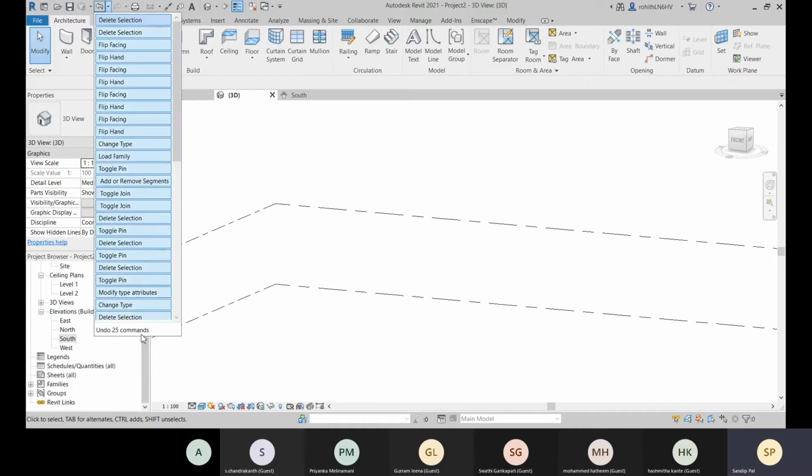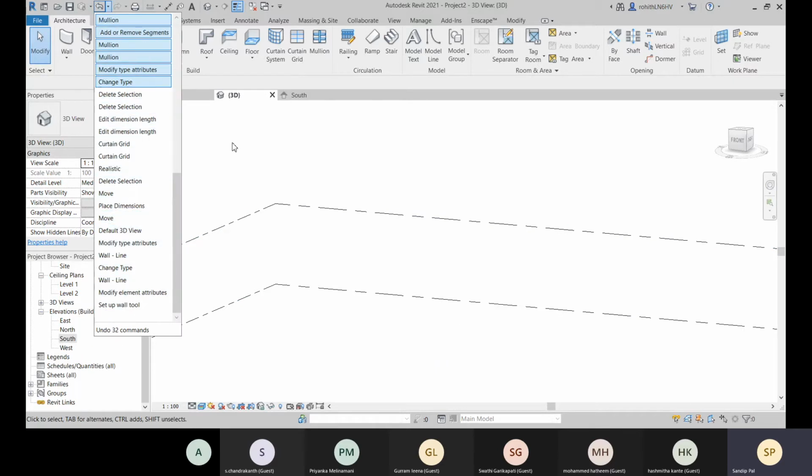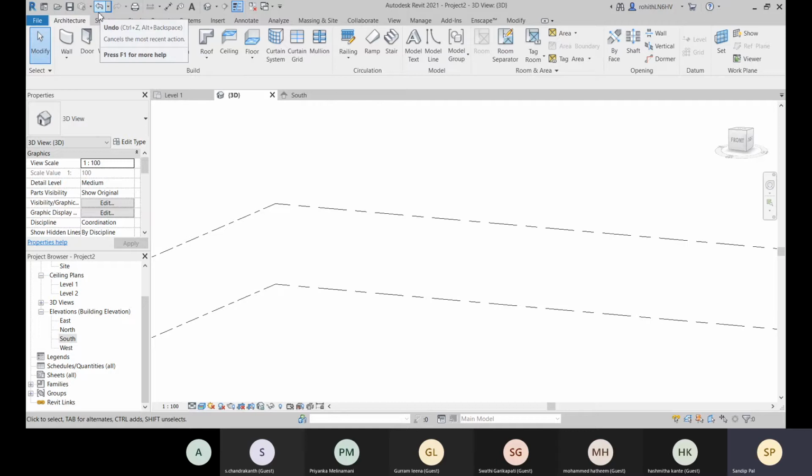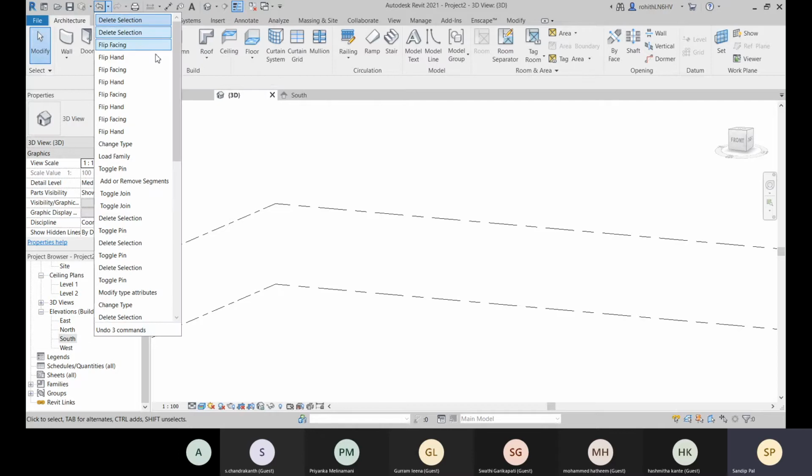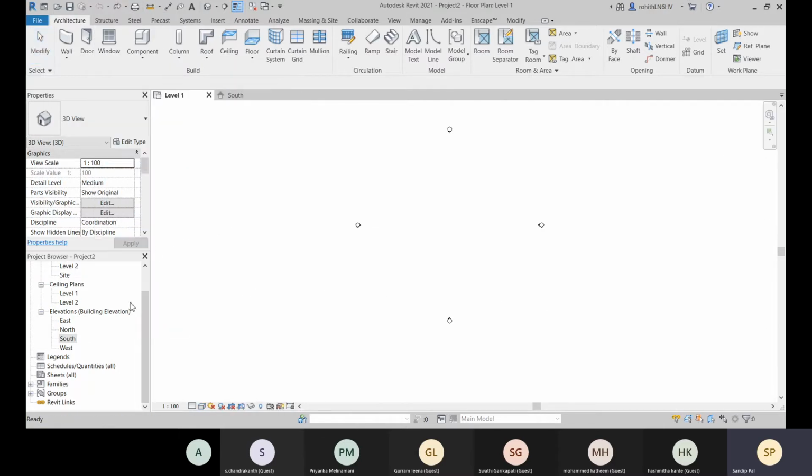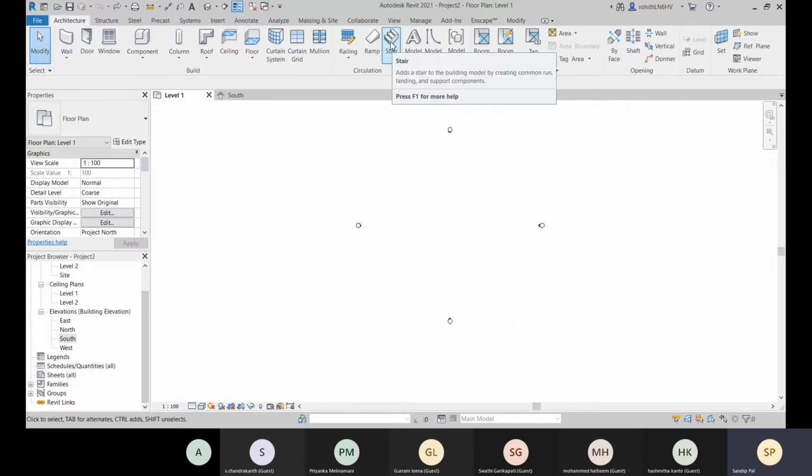All right. So let me show you here. I'm undoing it. So how I'm doing it: I'll click on this drop down, and I'll come to the last. So everything will be undone within a single click. Okay. So come to stair.